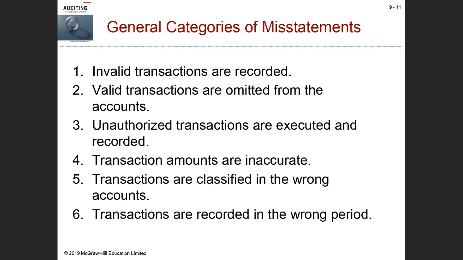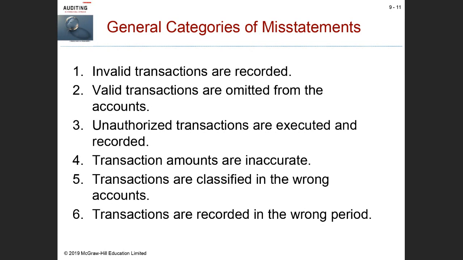It should be recorded as sales, but we classify it improperly into the wrong account. We might call it dividend income. So a good internal control system should ensure that transactions are classified in the correct account, not in the incorrect account. And then the last general category of misstatements,